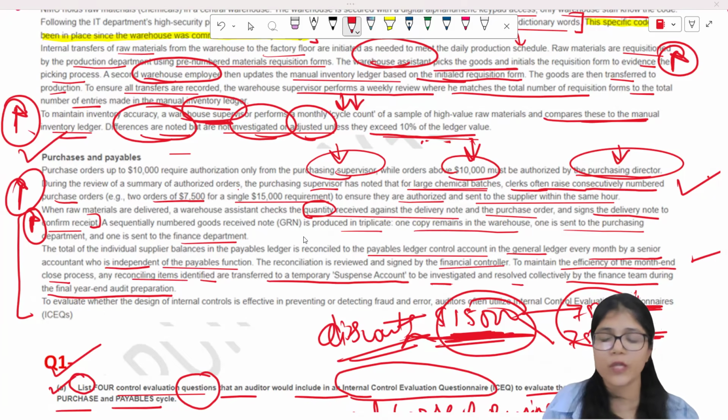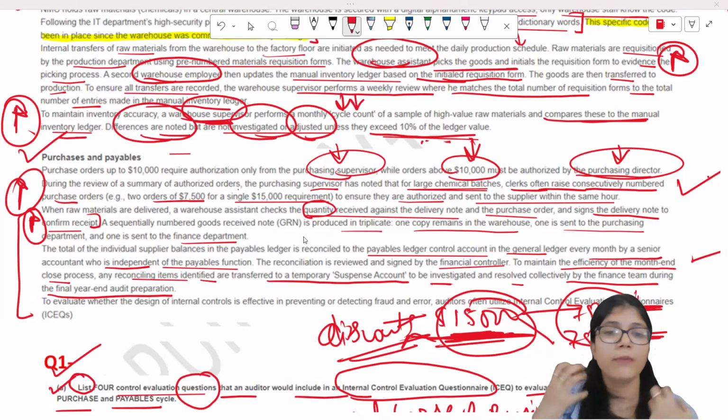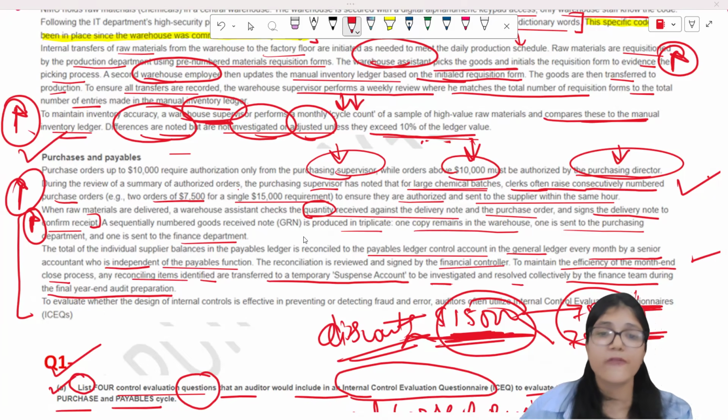Right, there could be issues. That could be unrecorded invoices, unrecorded transactions, payments delayed. Something could be happening wrong, and that I will not be able to assess on timely basis. Right, so that could be an issue. Probably my payments are not getting correctly mentioned over here. There's some fraud happening, misstatements are happening, etc. So that would be too late for me if I go to suspense account first. So that is the issue that we are going to talk about.